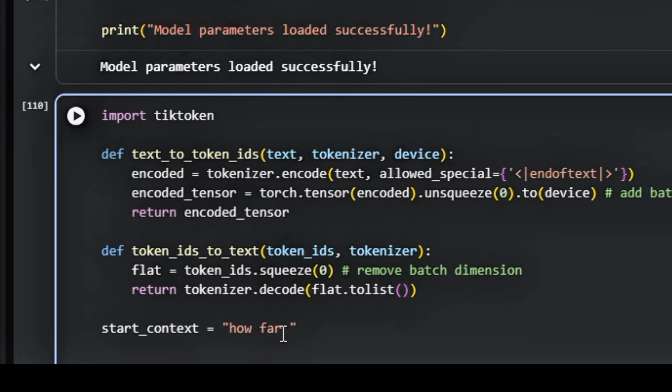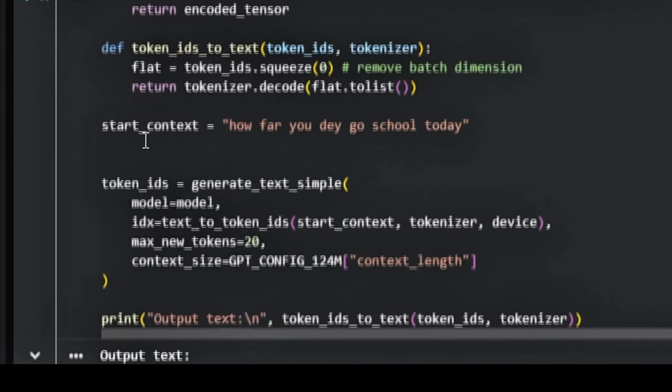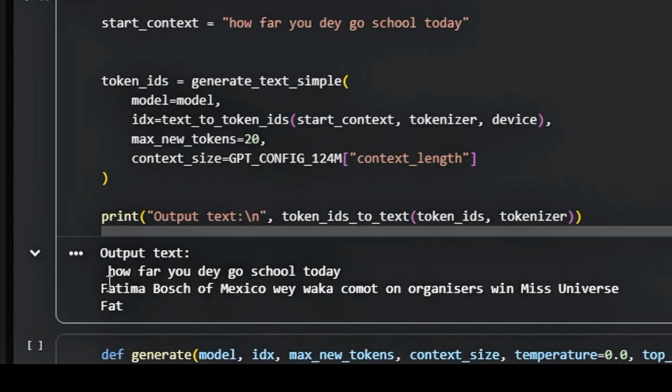So let's show this example. Let's test it with this example: Alpha, you dey go school today. So if we run this now, you will see that it said Alpha you dey go school today. Fatima Bosch of Mexico wey waka comot on organizer win Miss